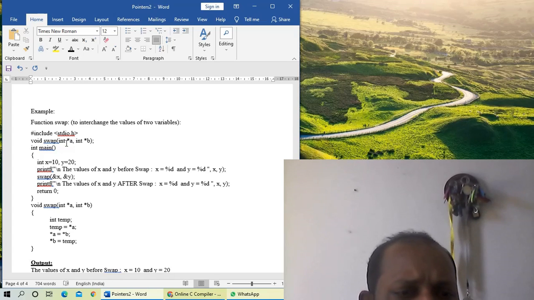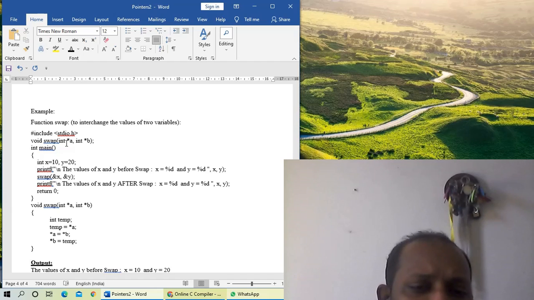Then in the main function, we have initialized two variables x and y. x is equal to 10 and y is equal to 20. Then we are printing the values of x and y before swap. So it will print x is equal to 10, and y is equal to 20.